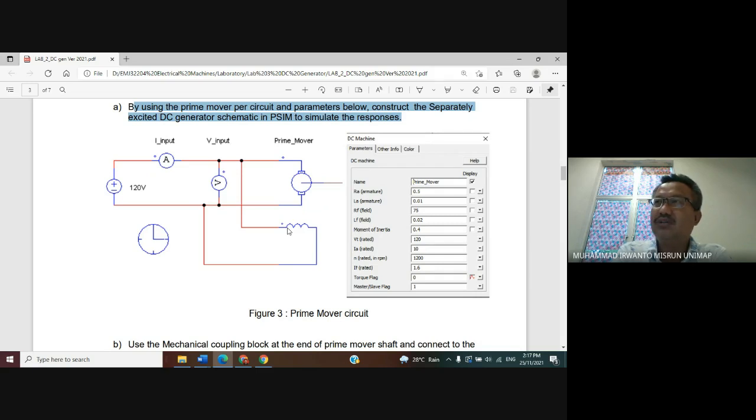So the prime mover we can call the water turbine. Here, the prime mover comes from the DC motor.